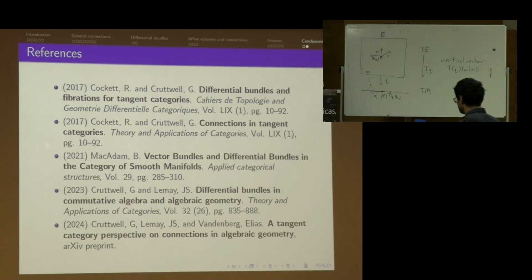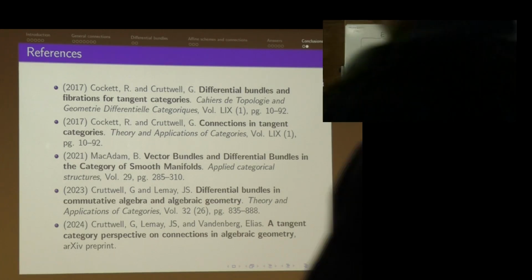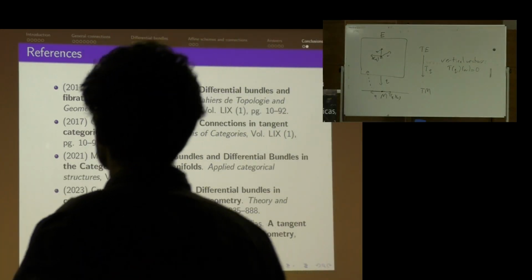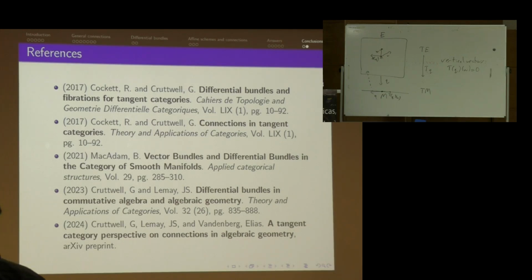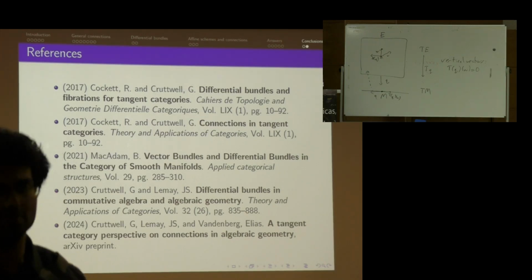Yeah, and I have an idea of what higher connections would look like, because connections are like a splitting of the TE into components. The higher connections would be splittings of the higher tangent bundle things too, but the assumption of smoothness, that's a good point. As soon as things are not smooth, then connections don't exist anymore. So you might need smoothness just to have connections exist at that point. But it's a good point to think about smoothness.